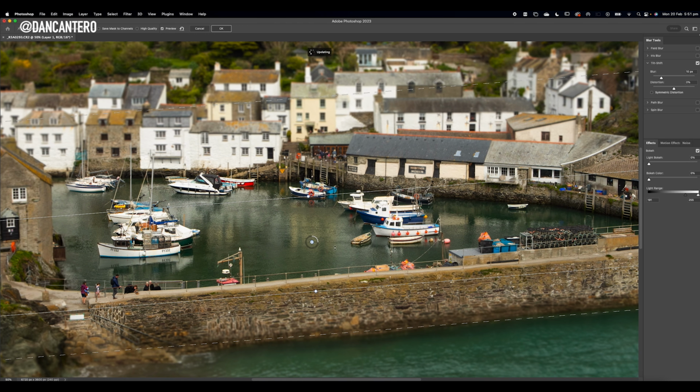Because I want it to be really, really blurry. I'm going to do the same thing down the bottom. I want it to drop off really, really fast. Now, this is still a little bit too sharp for me, so I'm going to bring that top line down,